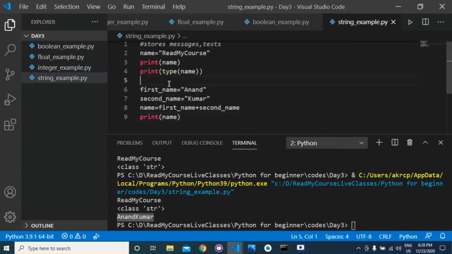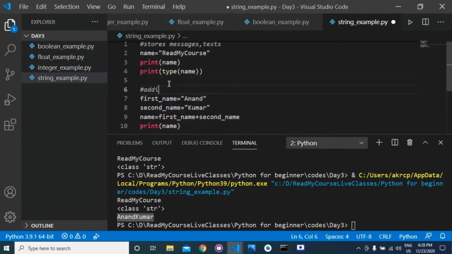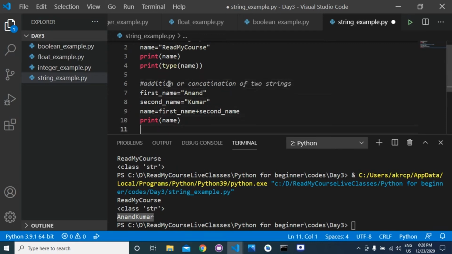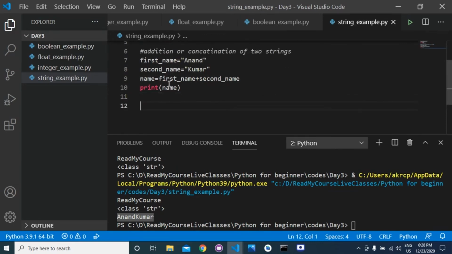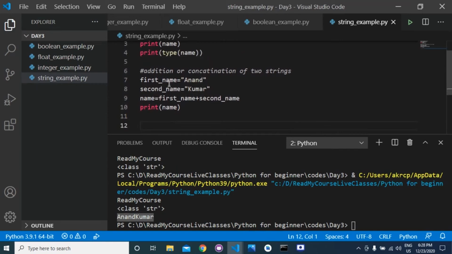This is the addition or concatenation of two strings. Is that clear, everyone?